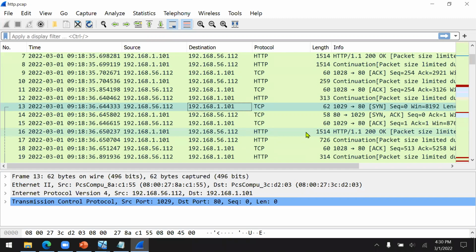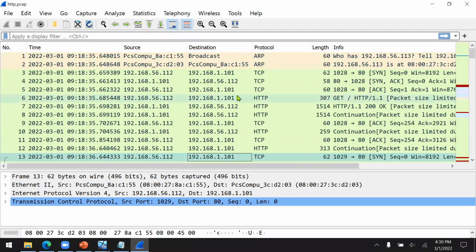Why are you asking me to send a three-way handshake again? That's because the server cannot identify who you are. So in web application programming, we need to store something that we call a session, and that session is usually called cookies. But that's out of topic for our cybersecurity course.